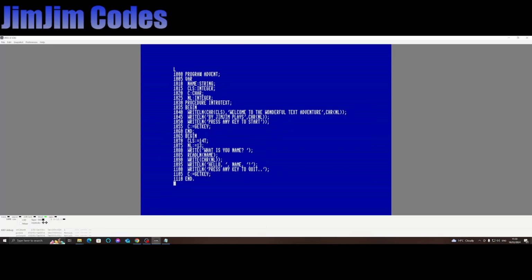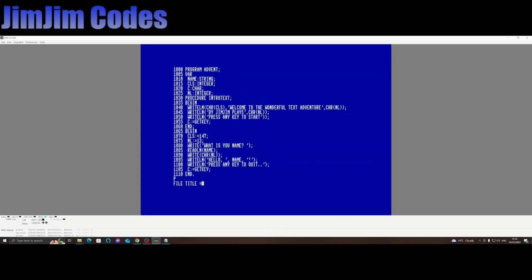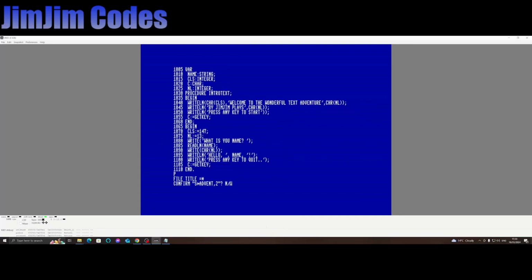There's our program declaration, there's our variables, there's our procedure, which is intro text, then this is our main procedure. Now, if I save this, okay, and run it,